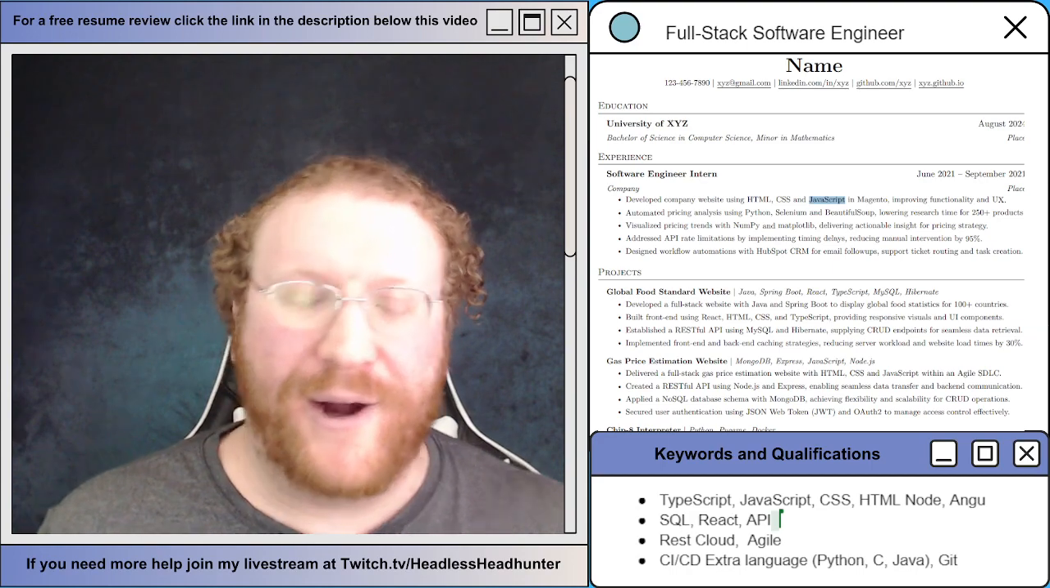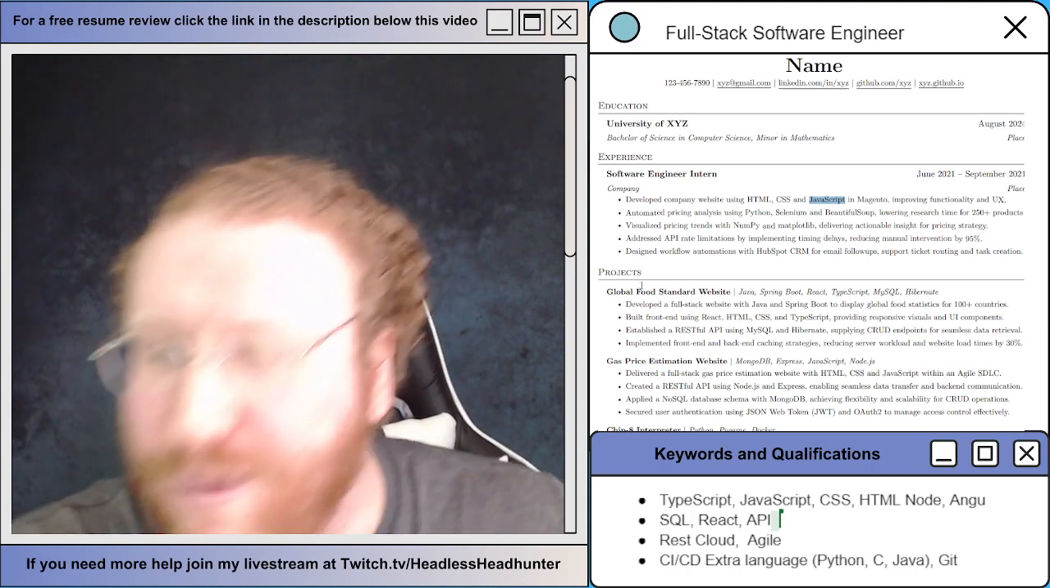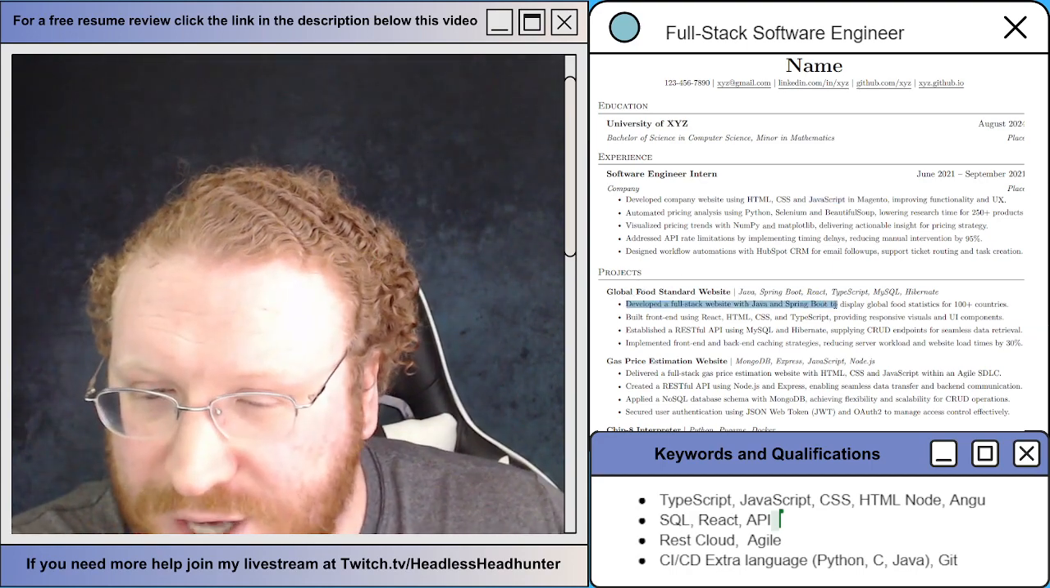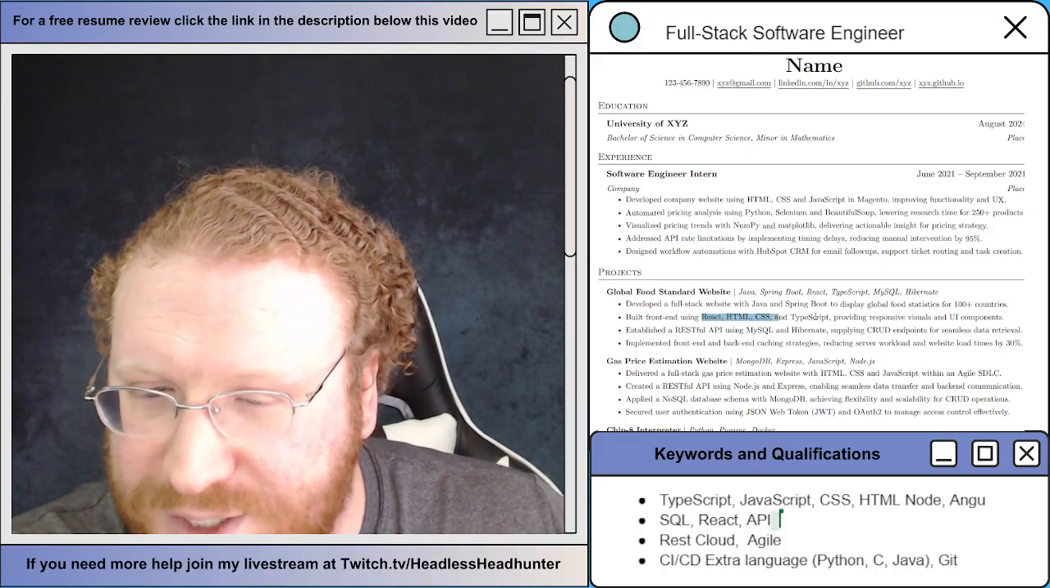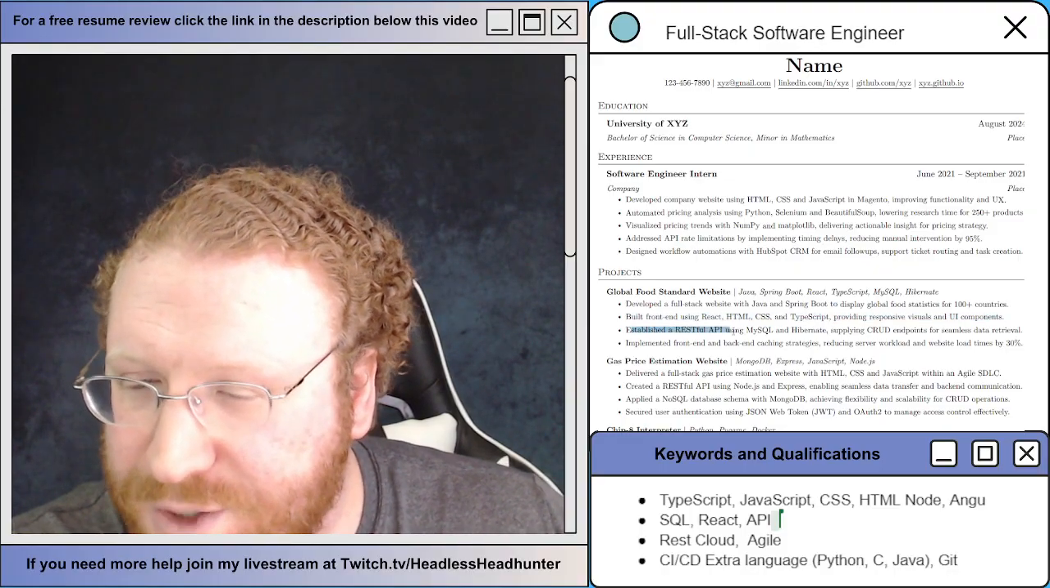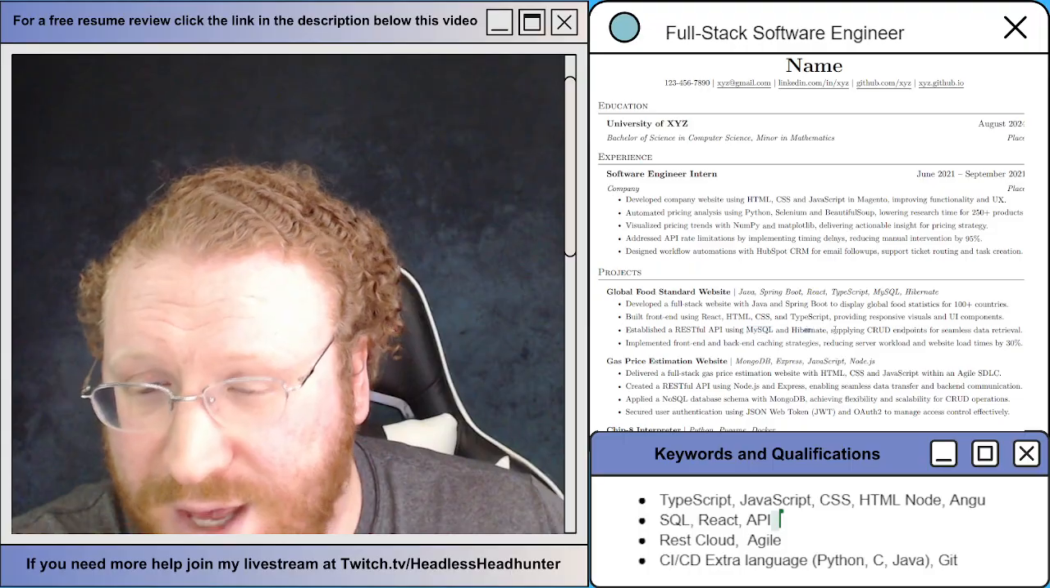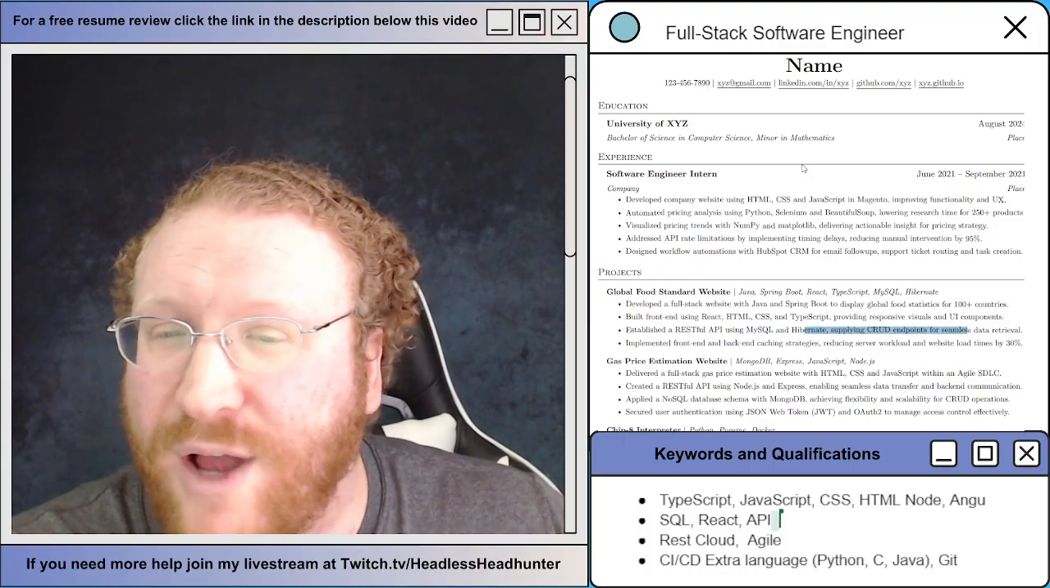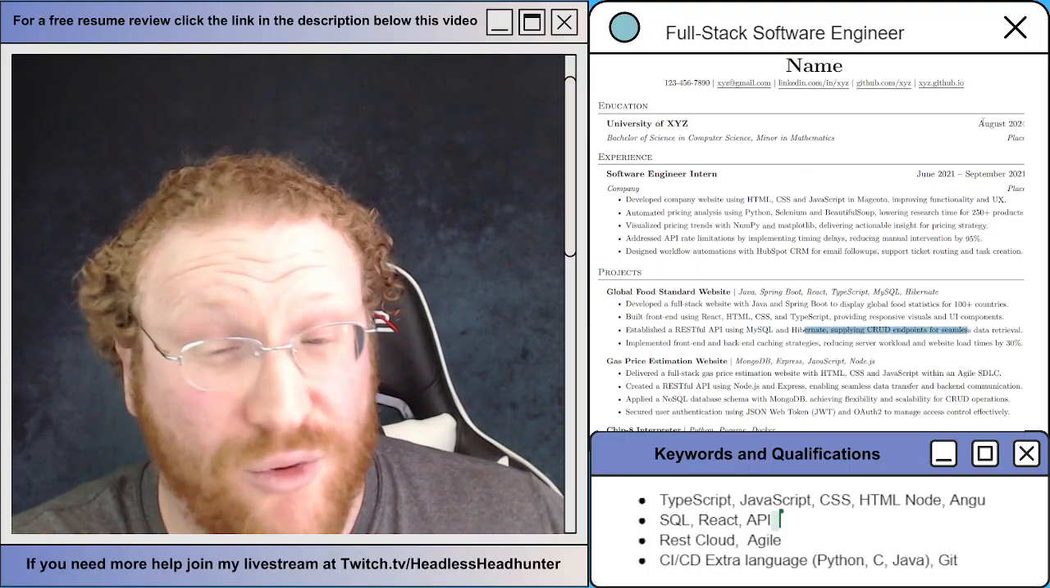So, those things are not helping. Now, project-wise, Java, Spring Boot, that's fine. React, HTML, CSS, and TypeScript, fine. Establish a REST API using MySQL, perfect. And Hibernate, yeah. This isn't terrible. I honestly think it's probably when you